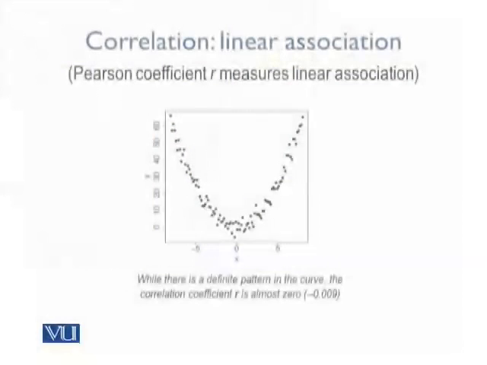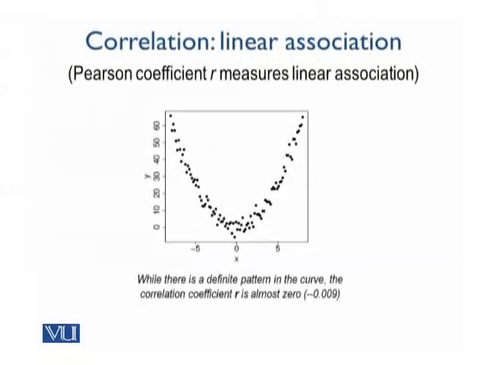So you have a monotonic increase or a decrease. But if you have a non-linear function of association between these two variables, then correlation coefficient would not be a very good measure. If you see the slide now, you would see that the two variables are associated in a sense because they have a non-linear pattern. So the pattern is evident.